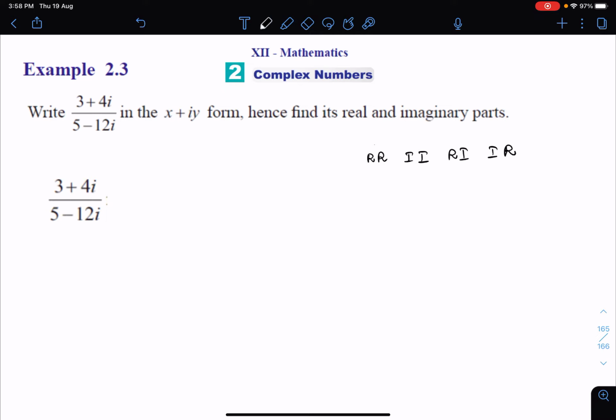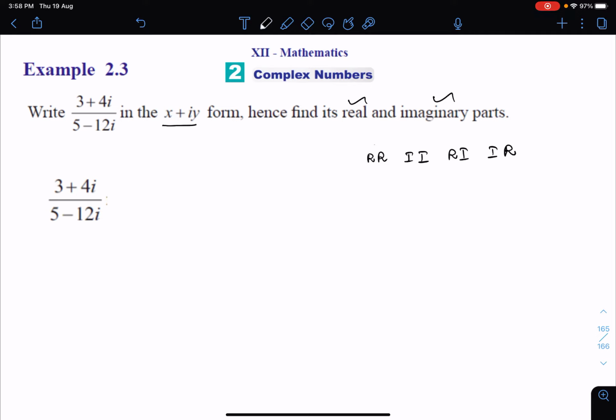Today we are going to see example 2.3 based on the conjugate of complex numbers. Write (3 + 4i)/(5 - 12i) in the x + iy form. This is called the rectangular form or the standard form for complex numbers. Hence find its real and imaginary part. So after writing it as x + iy, you are going to write the real part separately and the imaginary part